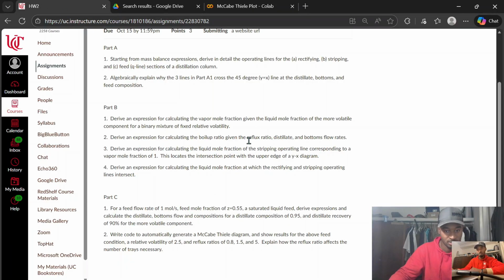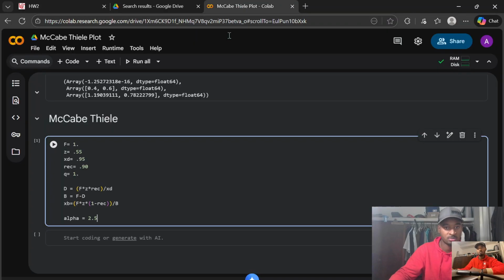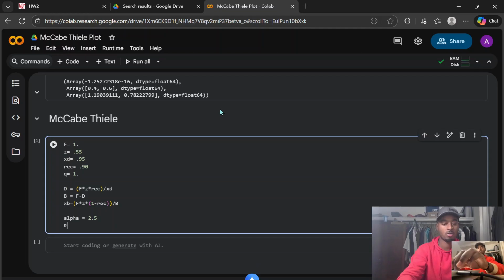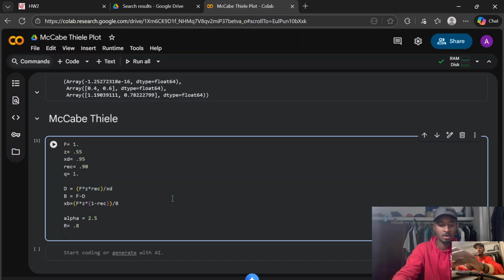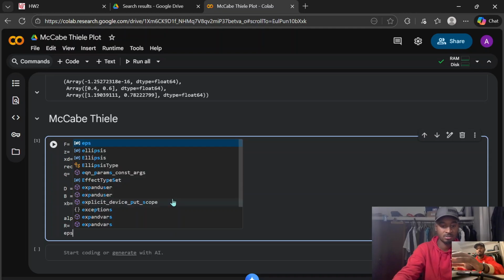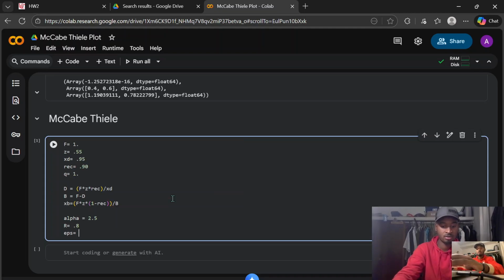2.5. And then we'll be varying the reflux ratios, but for now we'll say that we have a reflux ratio R of 0.8. Okay. All right. And then another thing that we will want to add into this, just to ensure that we don't run into any errors when it comes to subtracting 1 from our value of Q. We want to put in here that EPS is equal to, what is this,